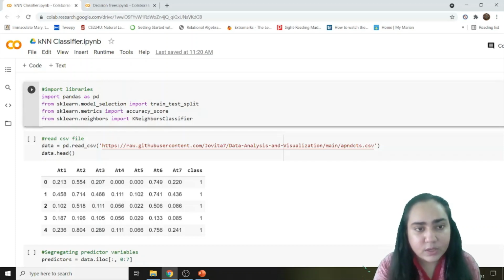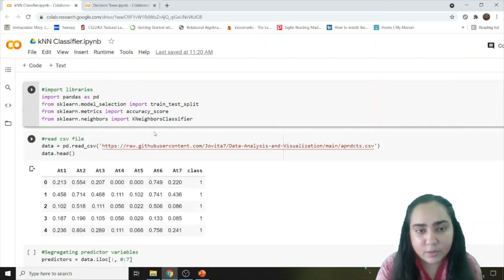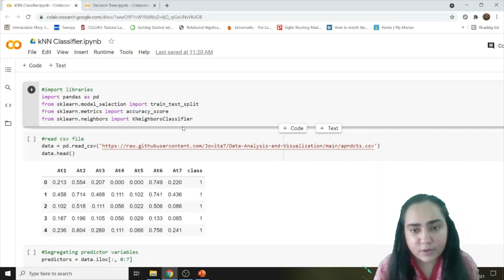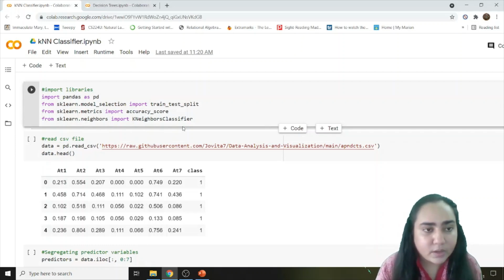We will be using the train_test_split module of sklearn.model_selection to split our data into training and test. We can get the accuracy by importing the accuracy_score function, and we can also apply our classifier by importing sklearn.neighbors. From there, we will be importing the KNeighborsClassifier because that's what we want to apply.